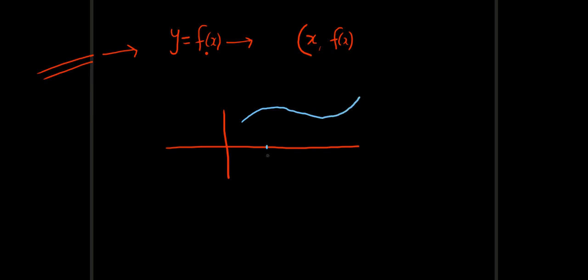And if this is a, this height is going to be f of a, so that this point will be recognized as a comma f of a. If this is b, then the output will be f of b, so this point will be b comma f of b. We learned that functions have graph, and you can see that some functions are increasing and sometimes they